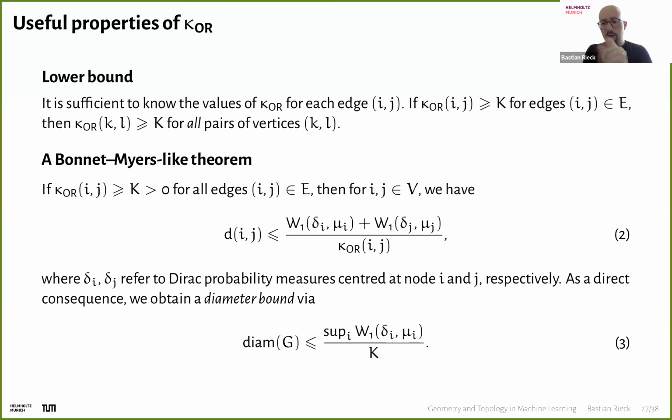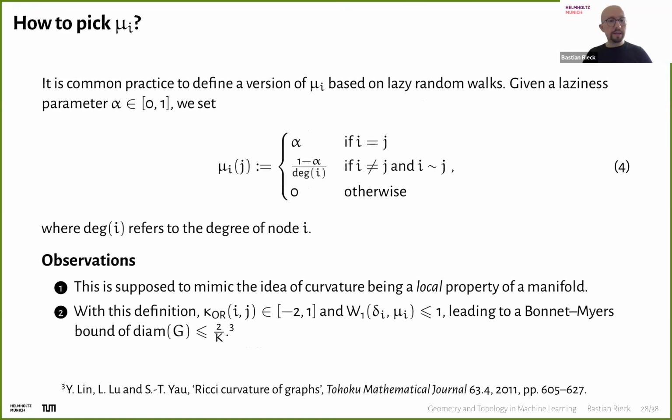I'm going to gloss over these details, to be honest, because I don't think they're super important here, but there are some nice properties like lower bounds, so you only have to calculate this for the edges, and there is a Bonnet-Myers-like theorem, meaning that you can bound the diameter of your graph with this. Furthermore, there is a kind of canonical choice. Actually, it's not canonical. Maybe I don't want to be recorded saying this, but there is a certain common choice